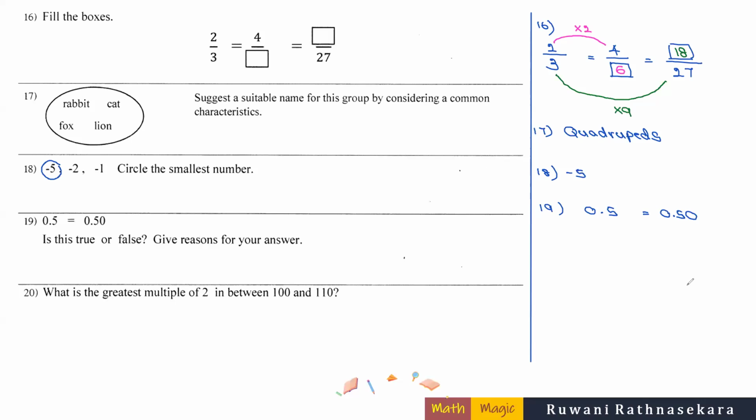If you consider the digits of these two numbers, they seem to be equal. Right? The whole number part is 0 in both. Right? The first decimal place is 5 in both. But the first decimal number does not have a second decimal place. Having no second decimal place means the second decimal place is 0. That's why it has not been written, as it's not compulsory. These two numbers are the same, right? 0.50 or 0.5 mean the same. It's true. It's true. The reason is,